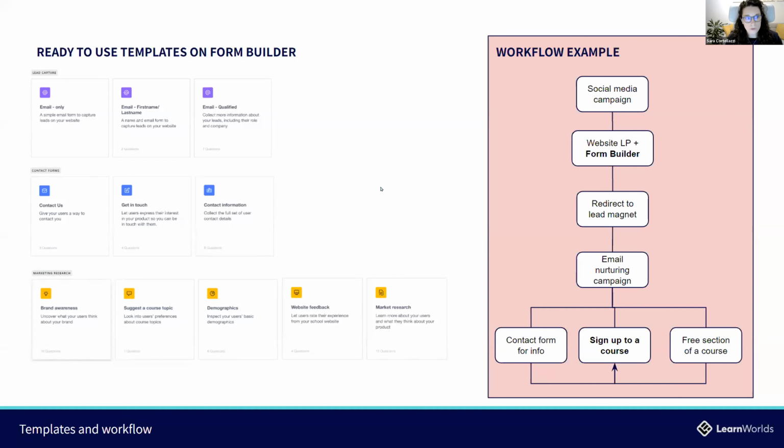So you get to know them. It's like the online equivalent of shaking their hands and exchanging a business card. For this, in the platform, we have quite a few templates as well. I'm not going to go through them, but I think that this is quite clear in terms of workflow, what can be done at the very first stage, from attracting customers into the